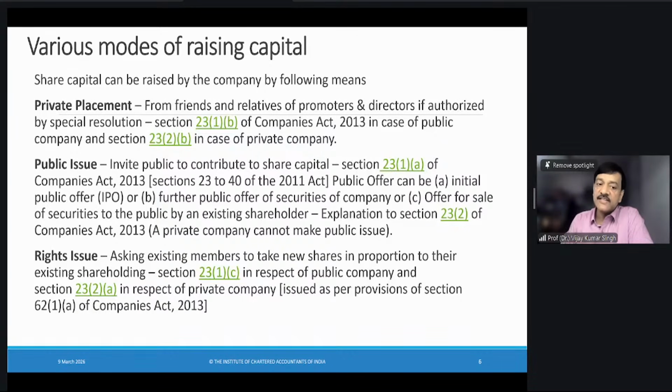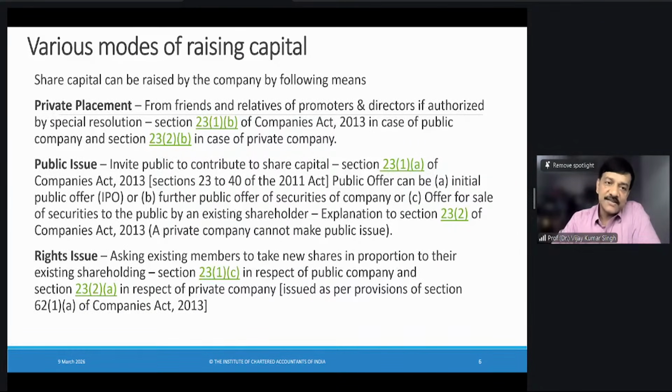And again, as you would see, a rights issue is always by way of a proportion. So you have to go ahead proportionately. Say, for example, if there are shareholders who have 50 shares, then you have to give them that proportion of the rights issue in the additional 50 lakh which you are raising. So these are the three primary modes by which you raise the capital in a company.